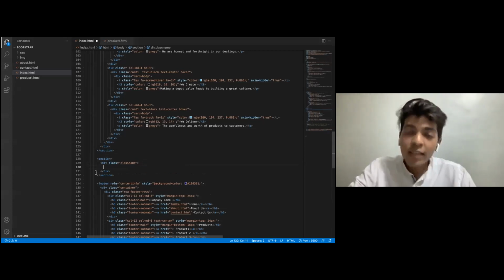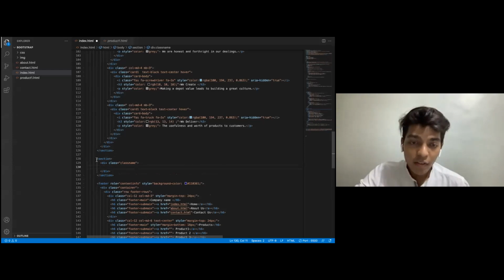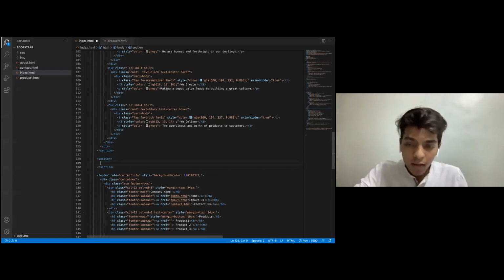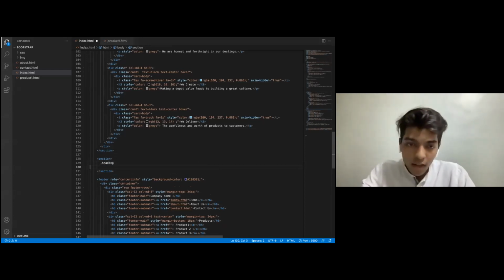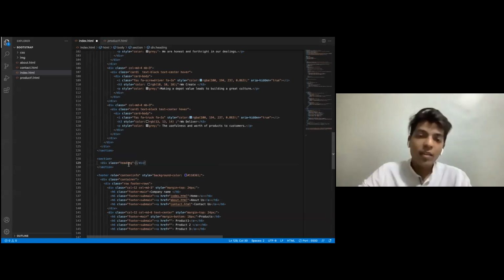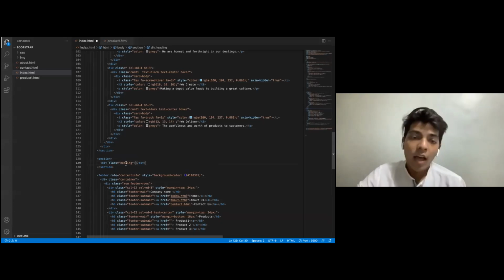So this is something that you need to write. Don't keep on writing div, then class is equal to, then the quotation marks, the anchor tag, and then the class name. Don't do that. Just write, I'll show you again. Just write section. In the section, put in a dot, then write the class name. I'll put the class name as heading now and press enter. Okay, I just missed that part out. Heading and enter, and I get a class name of heading. So by this class name, I can do whatever I want.